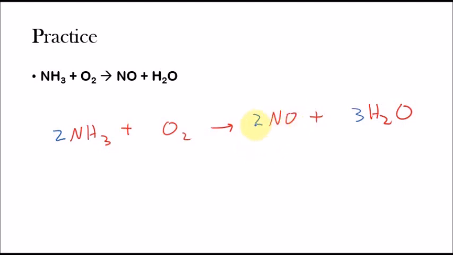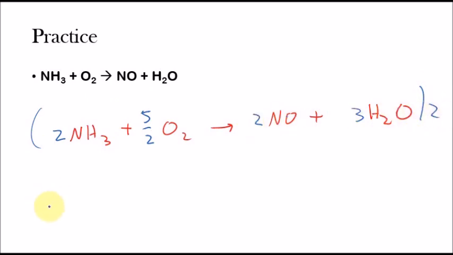So we have 2 times 1 is 2, plus 3 is 5 oxygen atoms here, and oh no, we have only 2 here, but we can't put 2.5 here because it has to be a whole number. We can't just put 2.5 times 2 to get a 5 here. However, 2.5 is also 5 over 2. What we can do is we can multiply this whole equation by 2, multiply all the coefficients by 2,